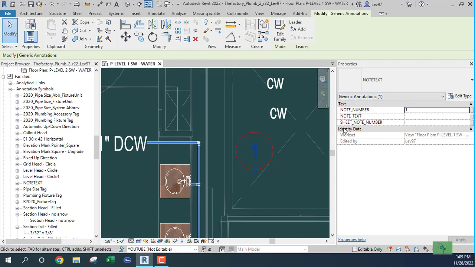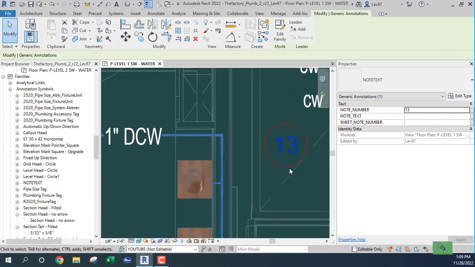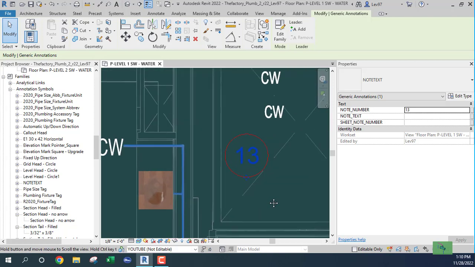Let's change this to 13, 2 digits, okay? It's a little bit too big, but for demonstration purposes, I'm going to leave it like that. Or I might change it later. So the next item is the note text, and I'm just going to say text,